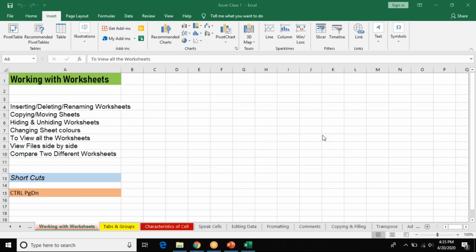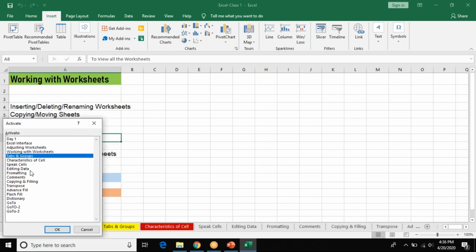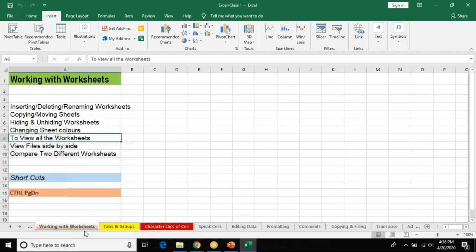So that means you're learning something new apart from your regular Excel classes. Keep that in mind. How will you do it? Take your mouse over here, right click, then you have all the sheets. It's extremely important when you're doing big work in Excel, a lot of analysis, a lot of sheets involved in a workbook. This plays a very important role.